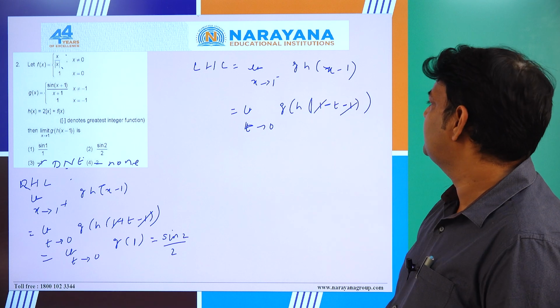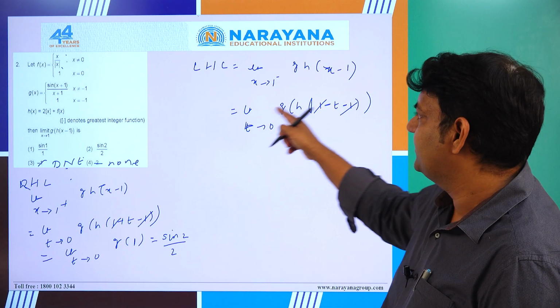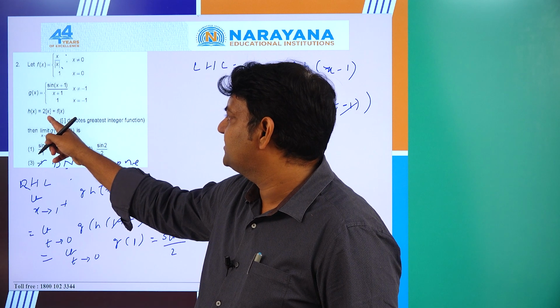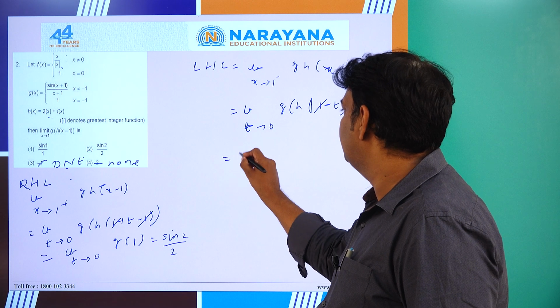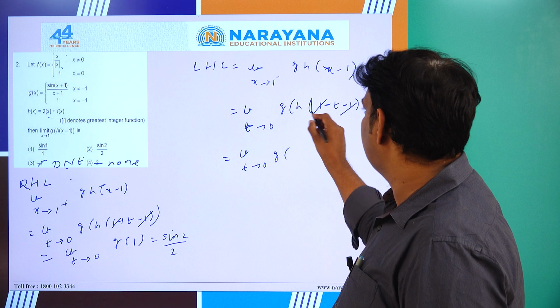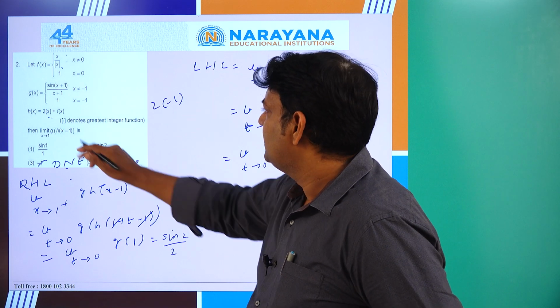This 1 and 1 got cancelled. So 0 minus, now this means it is negative. For negative, 0 minus greatest integer value minus 1, this is minus 2. That is nothing but limit t tends to 0 of g of, let us calculate this value, 0 minus, this is 2 into minus 1 and